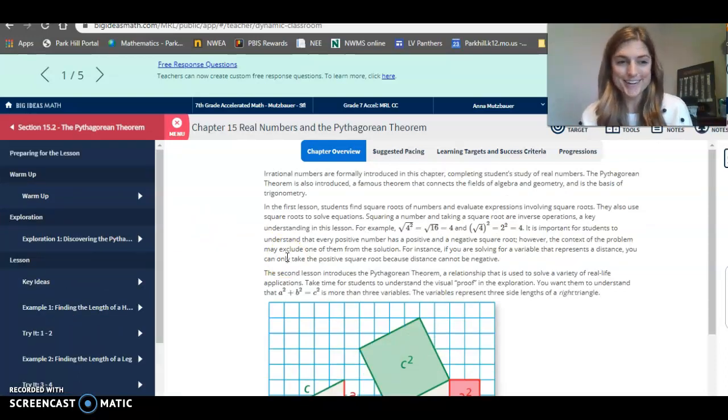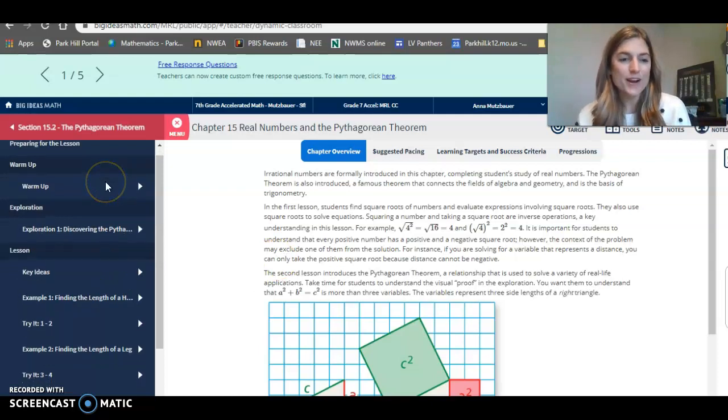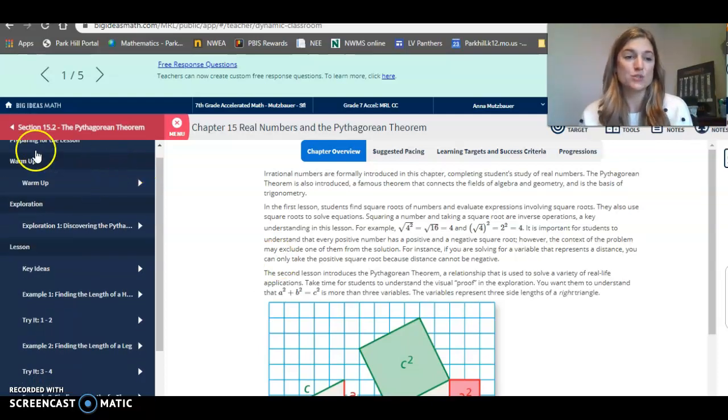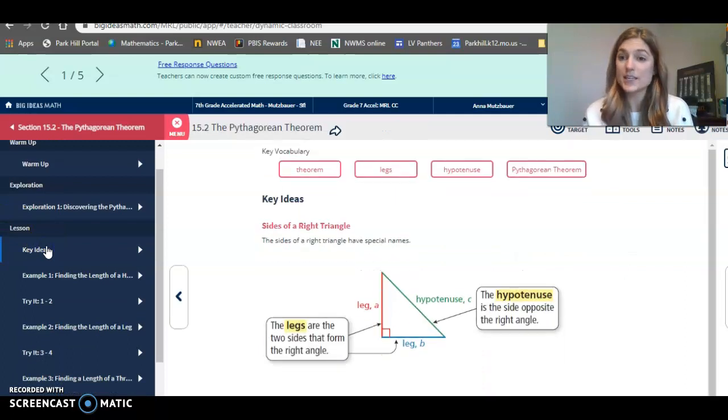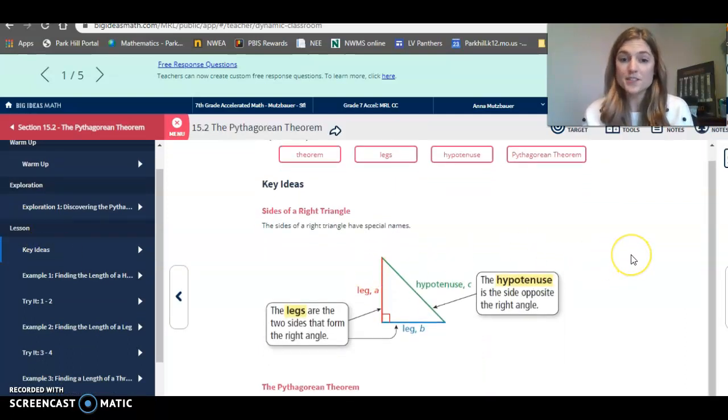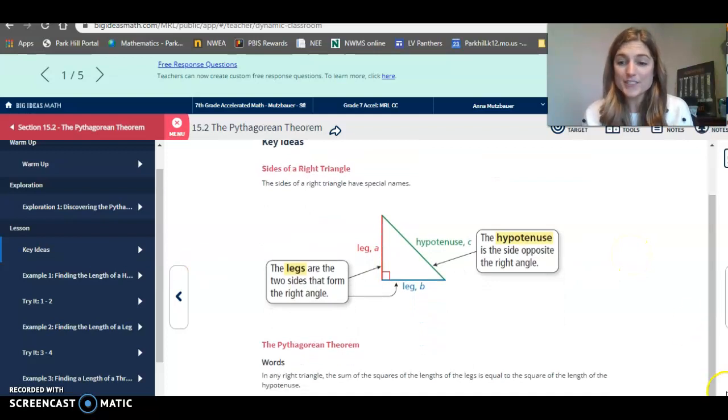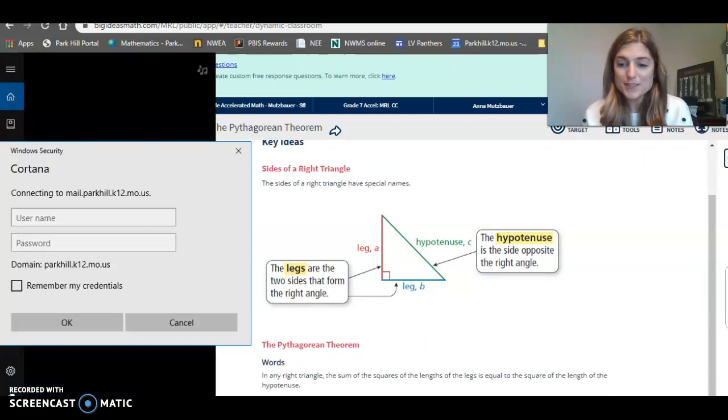Get excited. And where I want to make sure that you guys do not do the warm-up. You can if you want, but you don't have to. Do not do the exploration. What I want you to do is the lesson. And yes, please click key ideas. This is the main thing for today's lesson. And if you skip this slide,